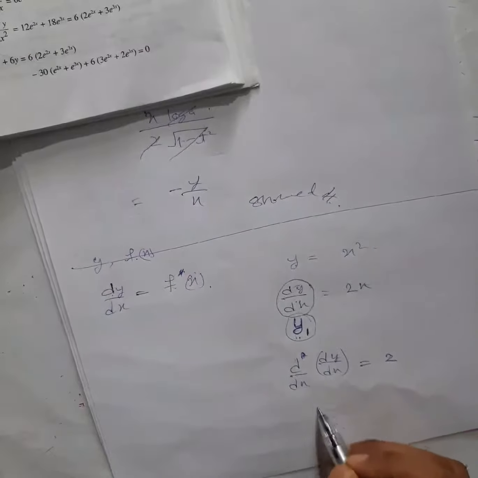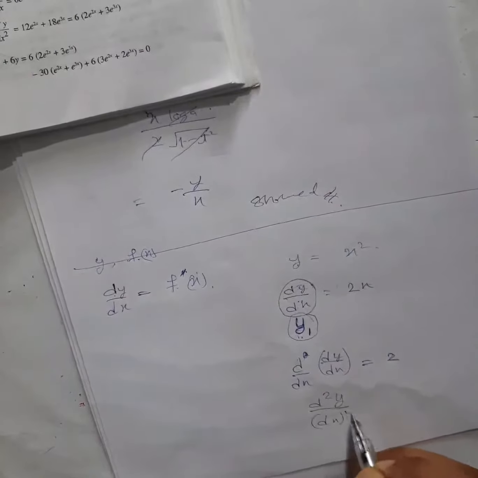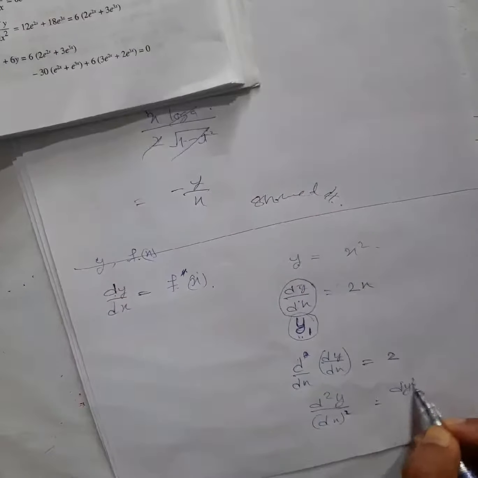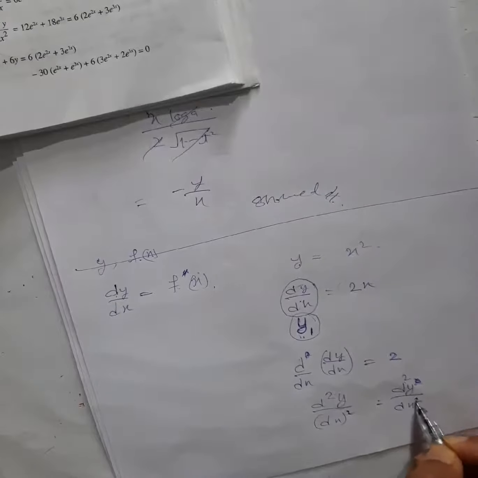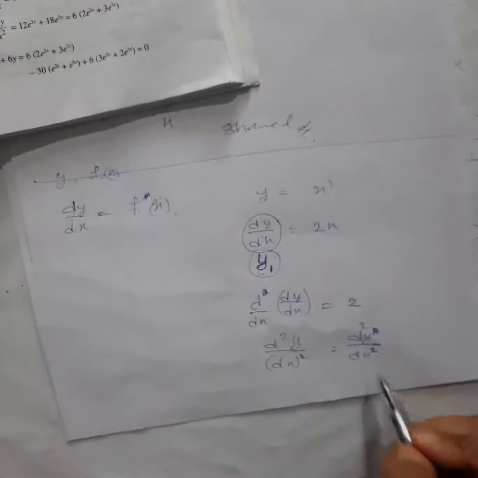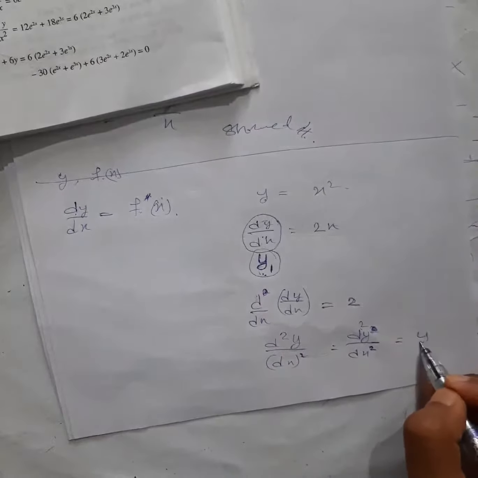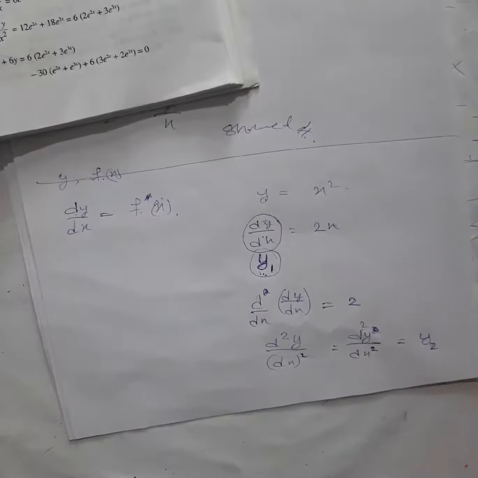So this one can be written as d square y by dx whole square. Now, how many times will you write whole square? For notation, they write d square y by dx square only. They don't put brackets here. This is just a notation, right? So you can write it like this, and in terms of y only, you can write y2. So this is second order differentiation.